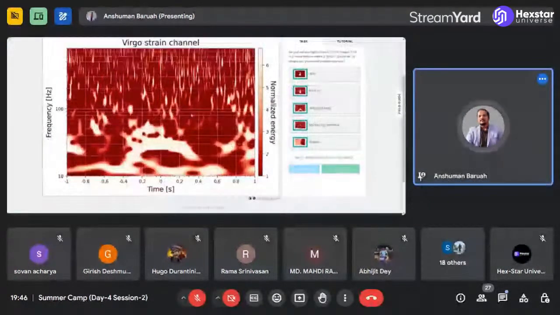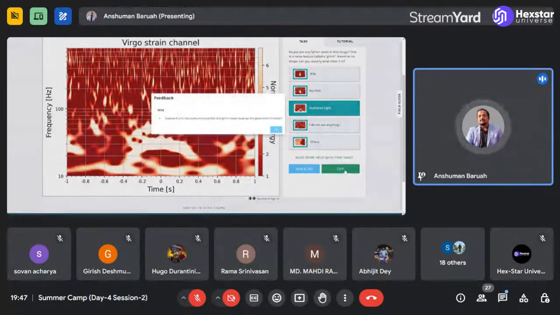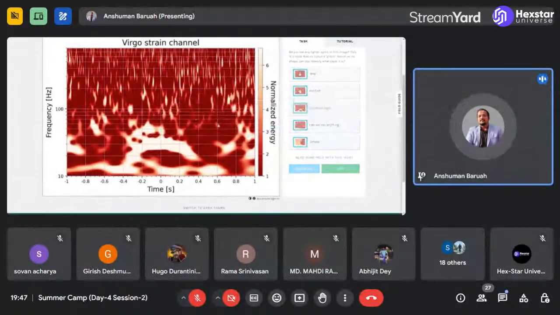Okay, so here I can see in this particular region that there is a lightly colored region that is scattered. It looks like what would happen if I shine a torchlight on a muddy pond of water, right? So I think this is a source of scattered light noise. Let us click on this and click done. See, we have correctly identified the glitch class. So you can keep on practicing for different kinds of profiles.